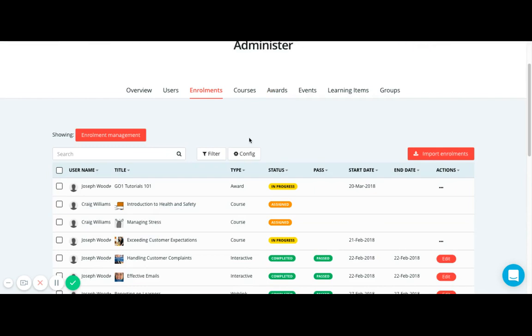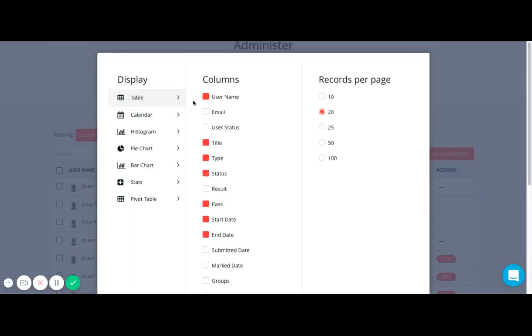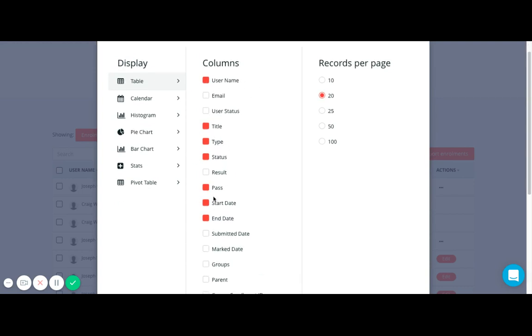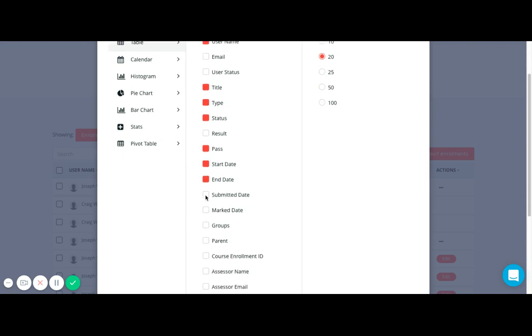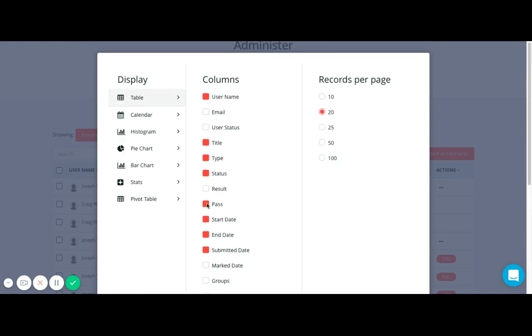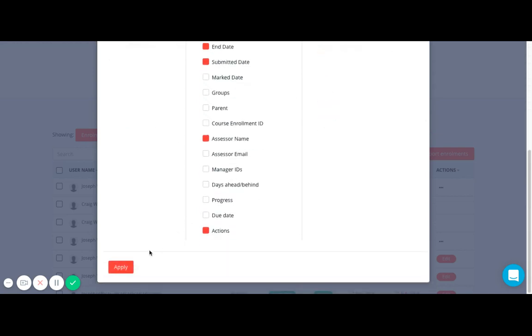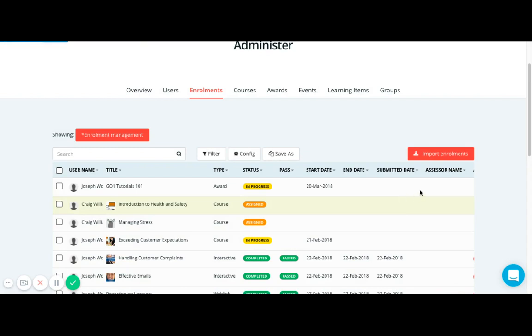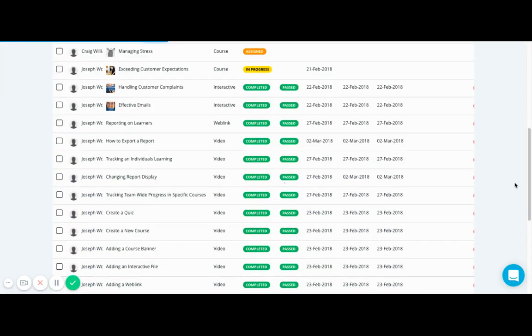So the config button will determine the display in which the data is being shown. So for example, it is currently listing the highlighted columns at the moment. Whether you might wish to include submitted date or assessor name for reporting purposes, and you can also bump up the records per page. So by applying that, you can see